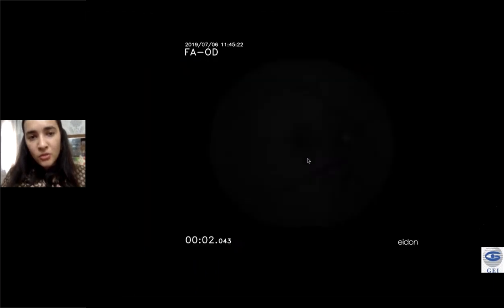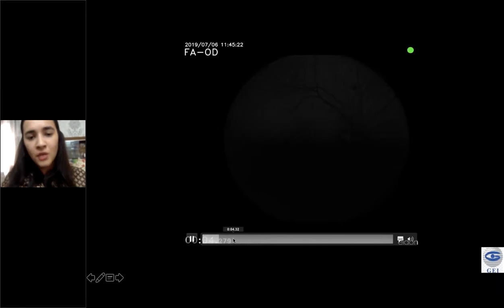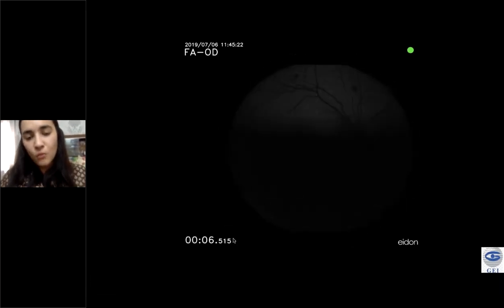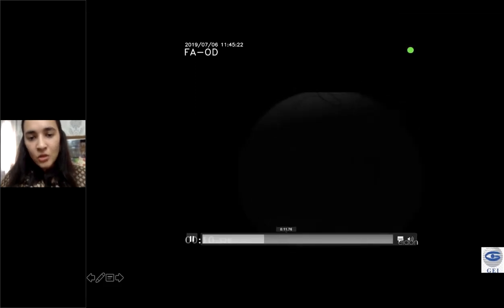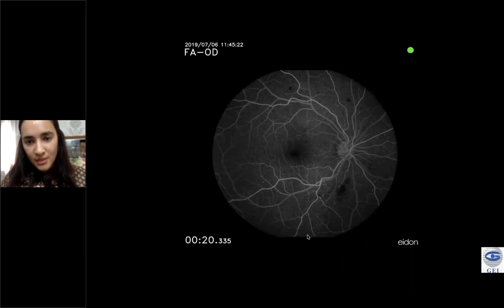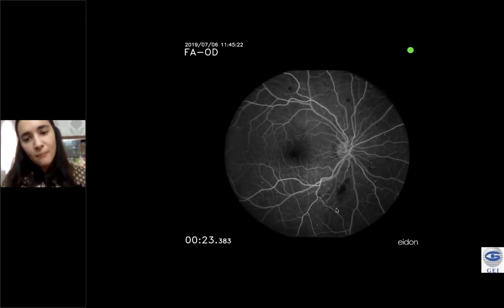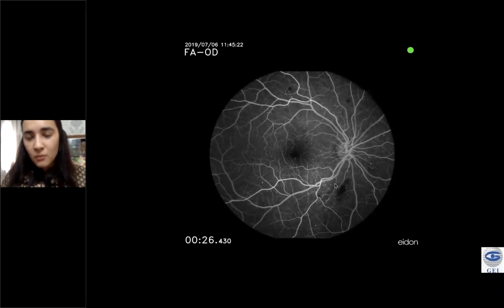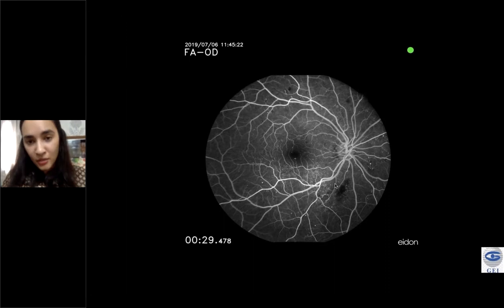Now going straight to the angiography part of it. Again, a video, and you have to choose between one of the eyes. Whichever is more clinically important to you, you tell your operator to focus on that eye. Again, the dye starts to enter the retinal vessels. You can see the beautiful laminar flow, a couple of blocked fluorescent patches due to the hemorrhages. You see the beautiful microaneurysms all close to the macular area near the fovea.